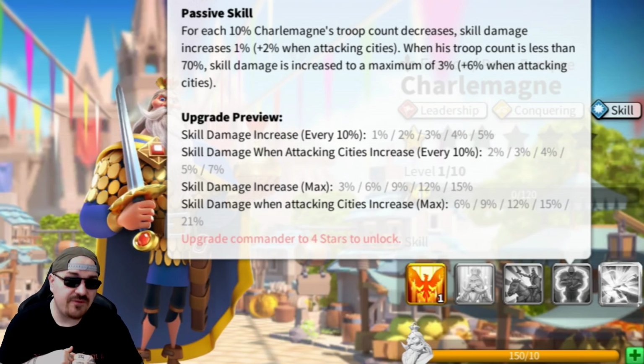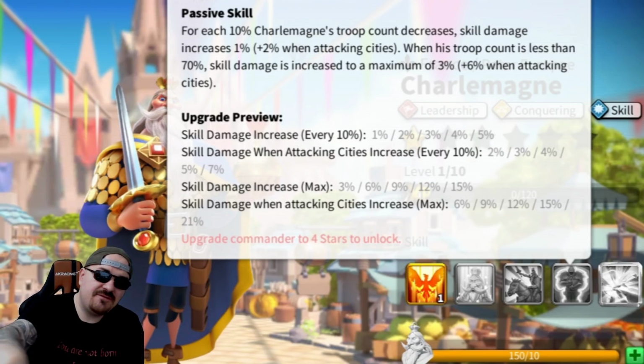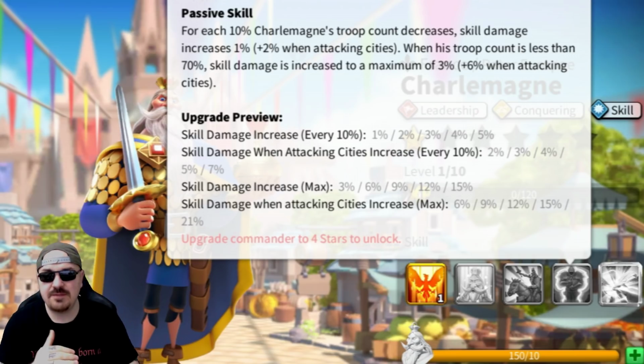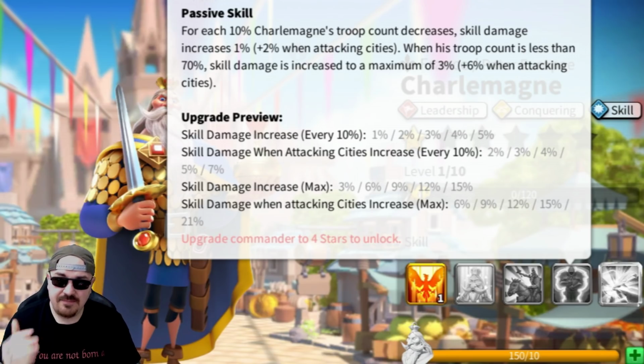That goes up to 55% skill damage, and that's not when you're attacking someone else's city, right? That is when you are defending. So it takes effect only on the first line and the third line, because you get the 15% guarantee when it goes to 70%, and then every 10%. So if it's at 20%, that's about 40, so 55. Now imagine 55% more skill damage